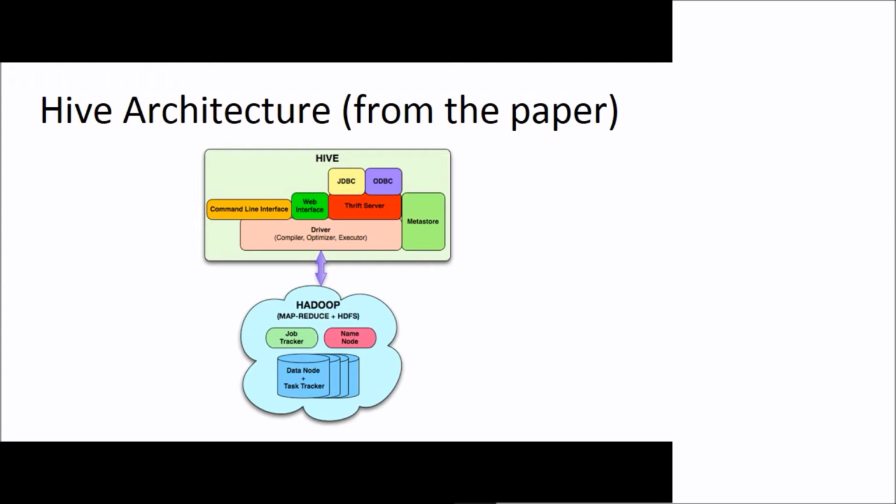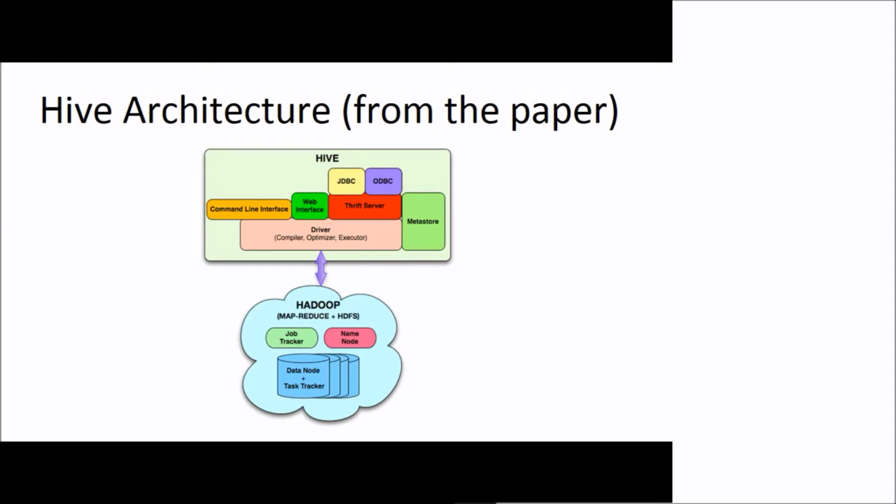On top of your driver, we have command line interfaces and web interfaces. Command line and web interfaces will allow you to query. Then you have your thrift server. On top of the thrift server, you have JDBC and ODBC. Whenever you want to make connections with Hive, with Java or some database, your thrift server will allow you. We have installed Hive server, right? While installing, that is your thrift server. Then you have a meta store. I told you Hive requires meta tables or system tables, so that is managed by the meta store. We have configured the meta store in MySQL in our case, right?